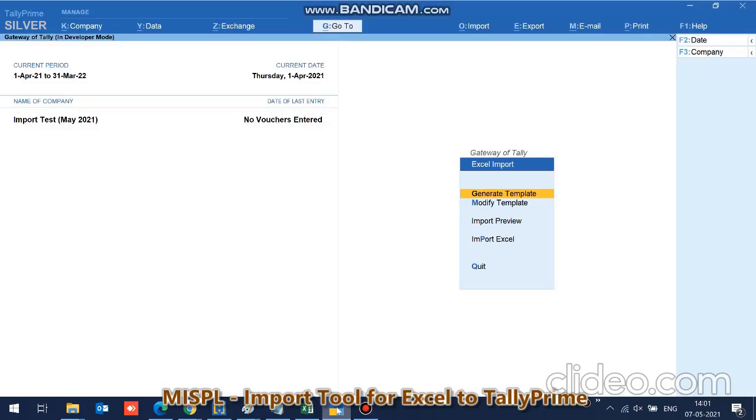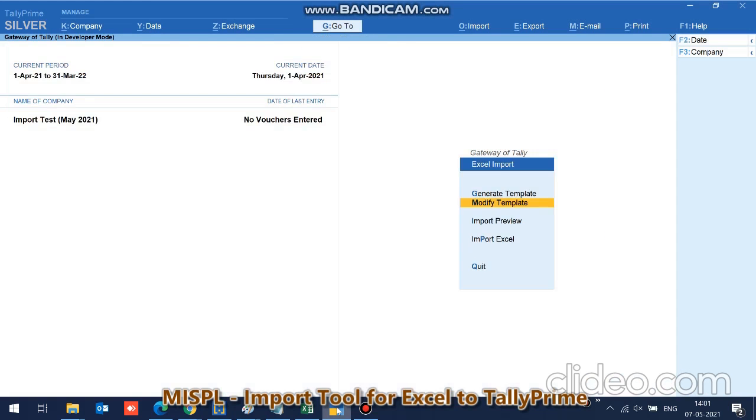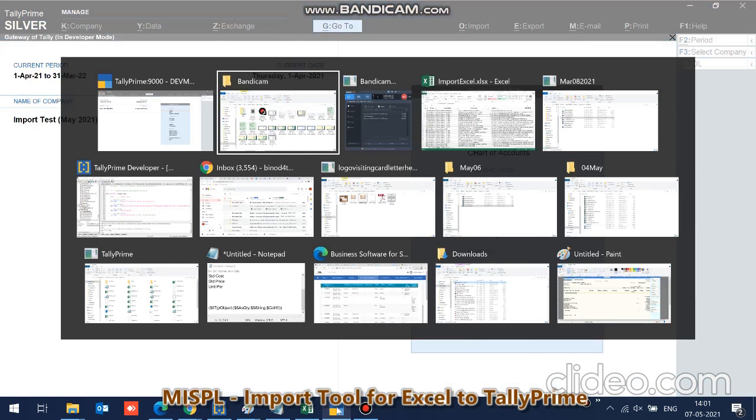Now, in this same way, you can import all the ledgers, and for debtors, creditors, or general ledgers, everything you can import.